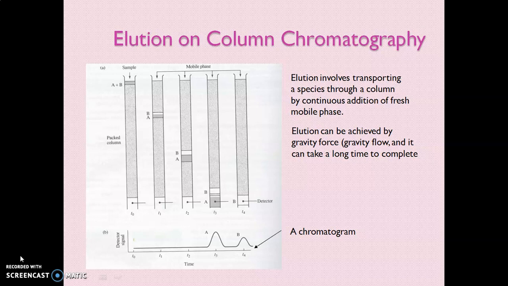Friends, HPLC is the improved form of column chromatography. The difference is that instead of dripping solvent under gravity, a pressure of up to 400 atmospheres is applied on the chromatography to have a quick separation, and a very small particle size of column packing material is used. Thus the separation is much better in HPLC.